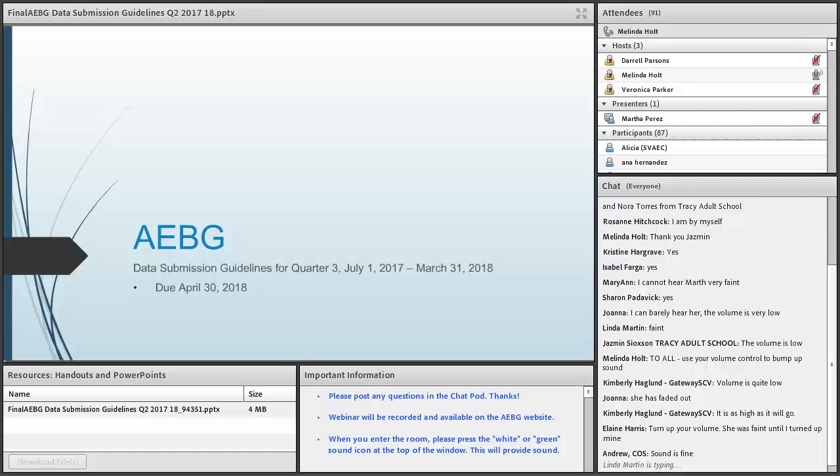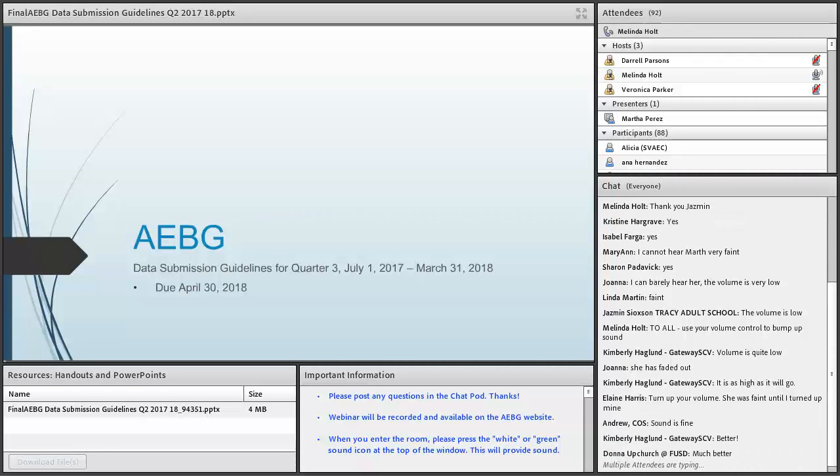And to everybody else, if you can hear me, I hope you can, you also have control over volume using your own device's volume control. So pump the volume up, and between the two, we should be able to hear Martha. Right. How about that? I adjusted my volume control. Is that better? Much better. Thank you. Very good. Thank you so much.